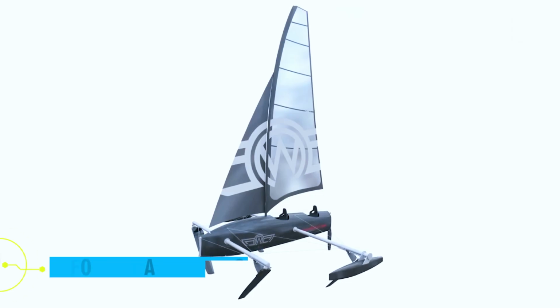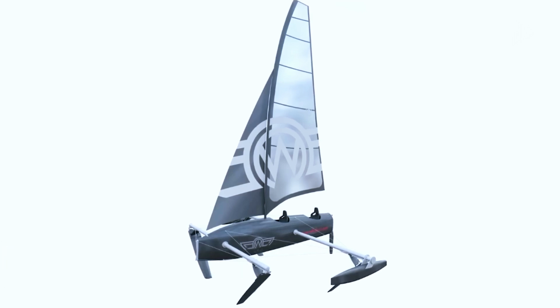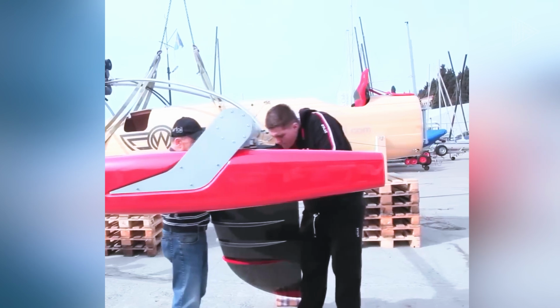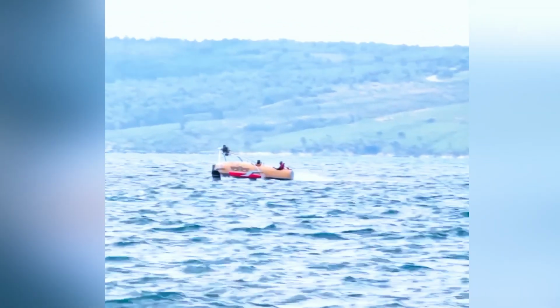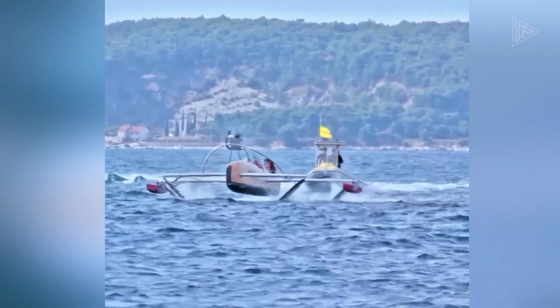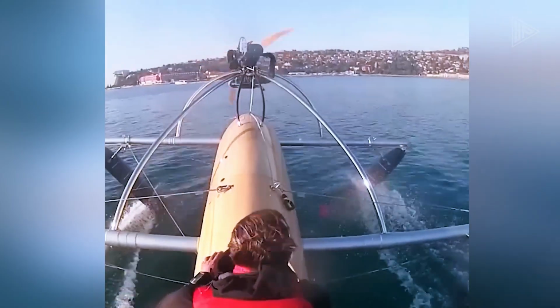It appears that eventually people got bored with the typical hydrofoil boats and decided to try something new, like adapting them to an airplane. The seaplane boat is essentially two boats in one, a motorboat with an engine that can reach speeds of up to 57 miles per hour,